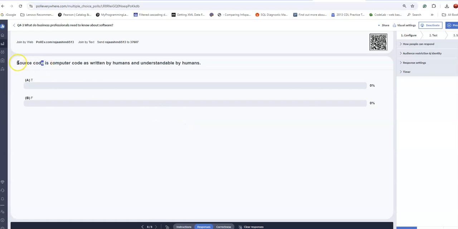Source code. It's good to talk about source code. It is computer code written by humans, that's the programming language. It's written by a human and understandable by a human. The people who really understand the source code are the programmers. All these programs and applications that we use are written by humans.